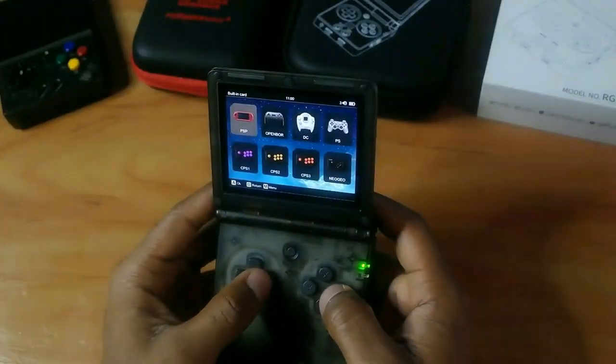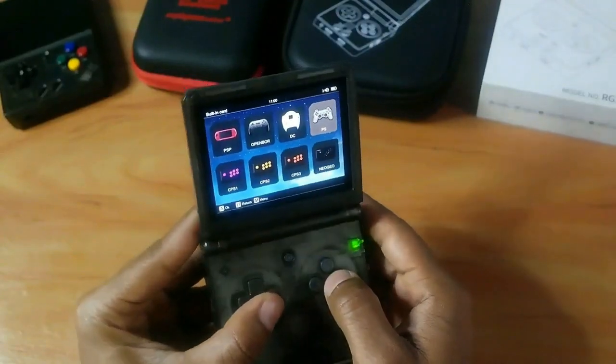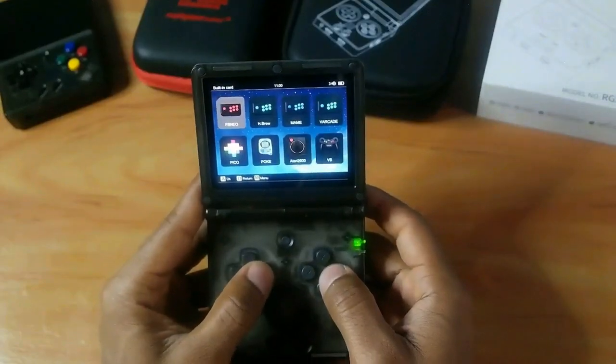And for those who like to tweak their experience, the console supports custom firmware. This means you have the flexibility to install or modify the OS to suit your personal style, add new features,